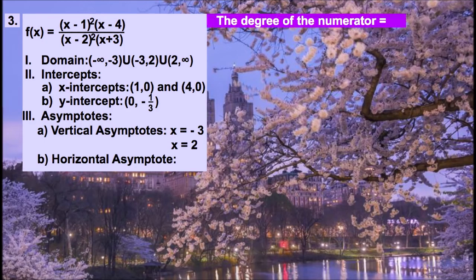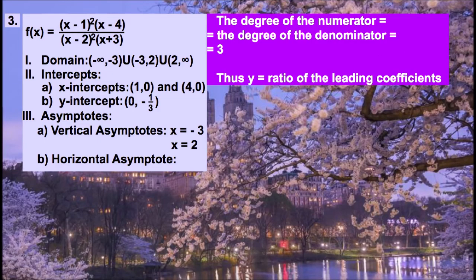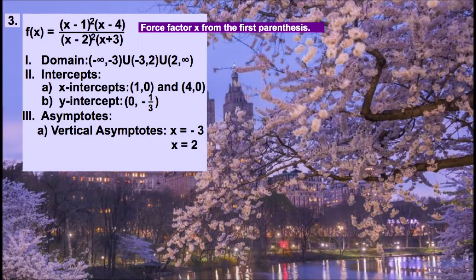Horizontal asymptotes. The degree of the numerator equals the degree of the denominator, which equals 3. Thus, y equals the ratio of the leading coefficients, which is the ratio of 1 to 1, which equals 1. y equals 1 is the equation of the horizontal asymptote. Indeed,